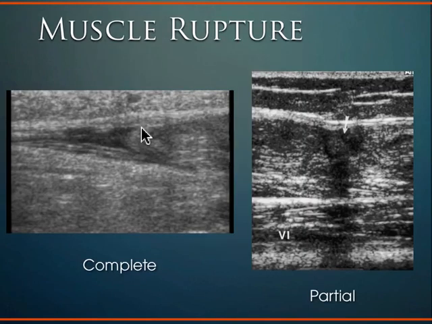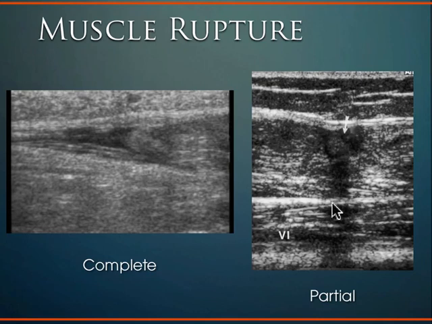This is an example of muscle rupture, so this is a complete rupture. Again, just like the tendon, you'll see the retraction or the stub of the actual muscle tissue. So that should be connected to here. These are the fascial planes through here. This is the muscle tissue back here and is retracted. Partial tear, you're going to see